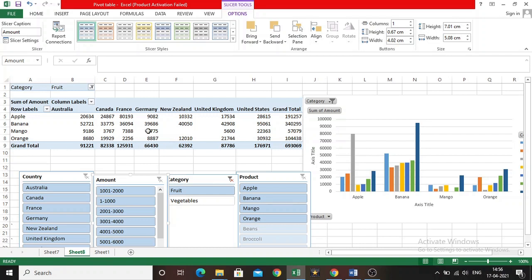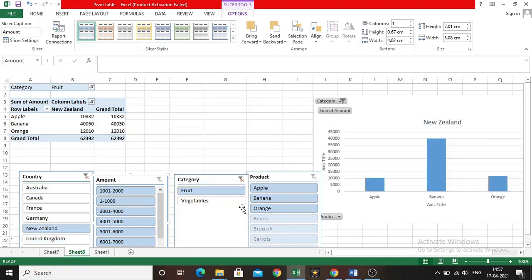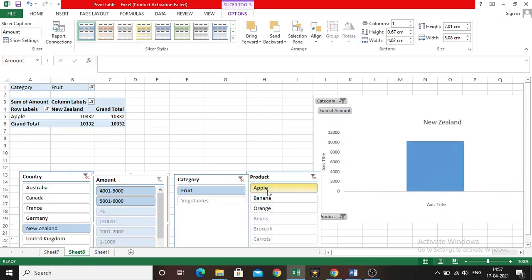So those values are changed in the pivot table, similarly in the pivot chart also. And for example, I want to see how New Zealand is consuming the fruits, especially the apples. So now only for New Zealand, the apple product alone is shown in the pivot table as well as in the pivot chart.